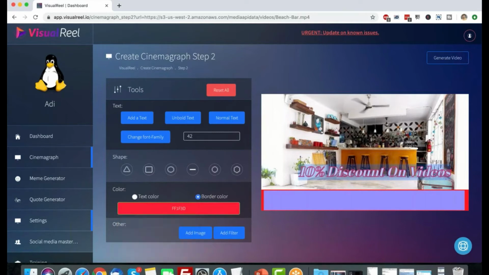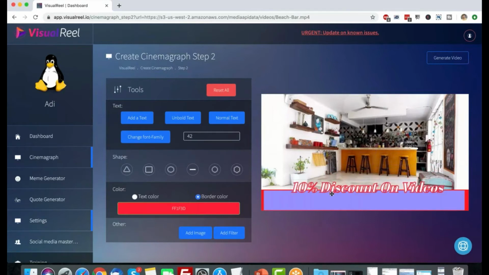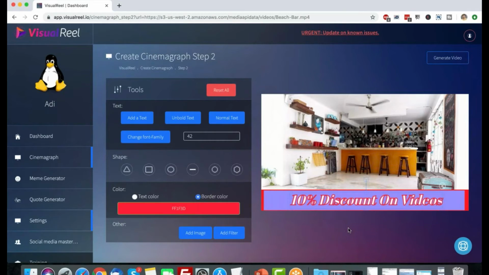Then I'm going to click outside. And when I see this little unique cursor, which is like 4 arrows, that means I can drag it. Okay, so I'm going to put my mouse over on this text, and I'm going to click it, and I'm going to drag it up down here. That's it. Easy peasy. That's how I've added.